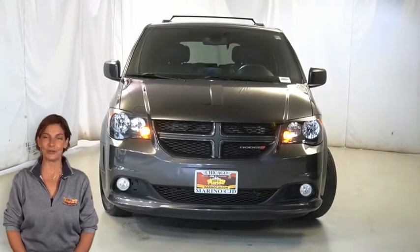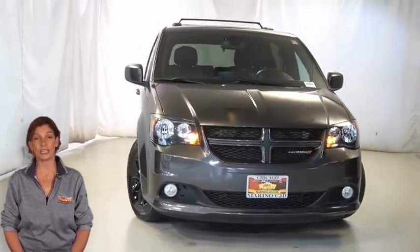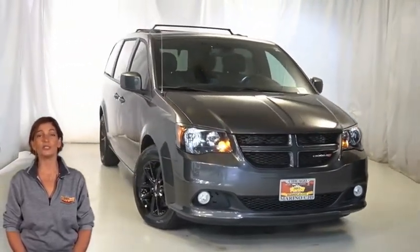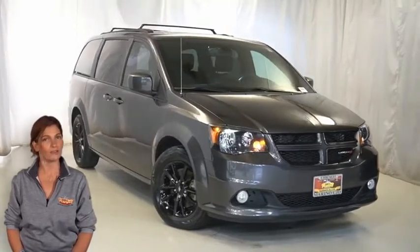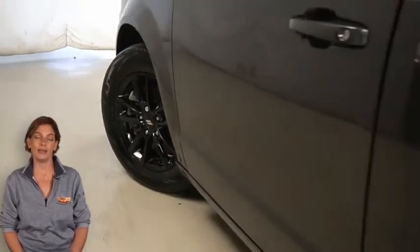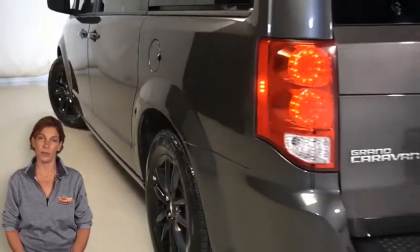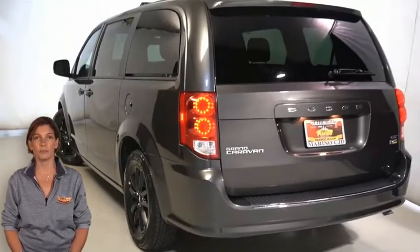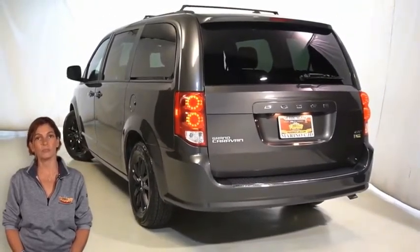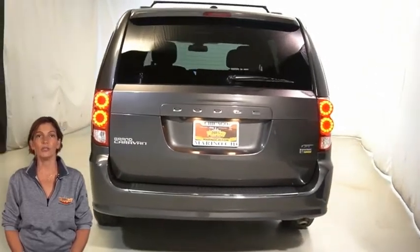Looking for a highly equipped family vehicle with all the right options and reliability? We'll take a look at this certified pre-owned 2019 Dodge Grand Caravan GT in granite pearl. With automatic headlamps, power heated mirrors with manual fold-away, 17-inch black painted wheels, heated front seats, heated steering wheel, 3-zone